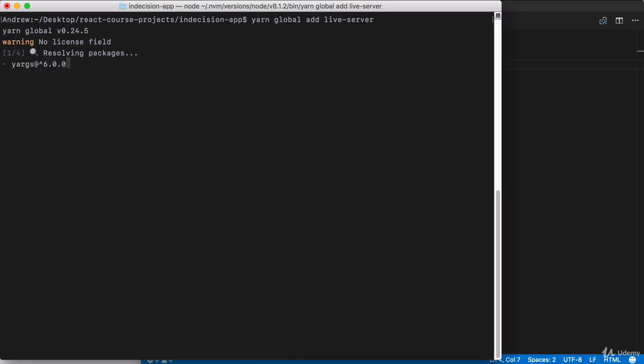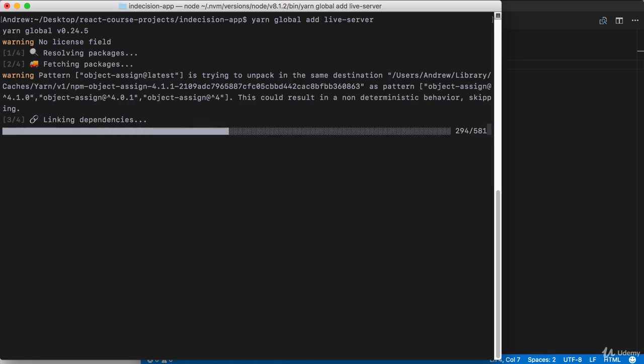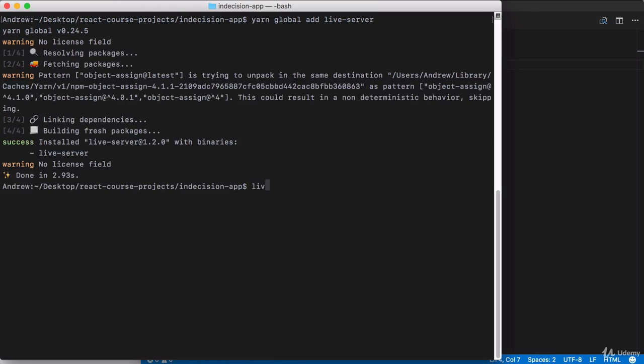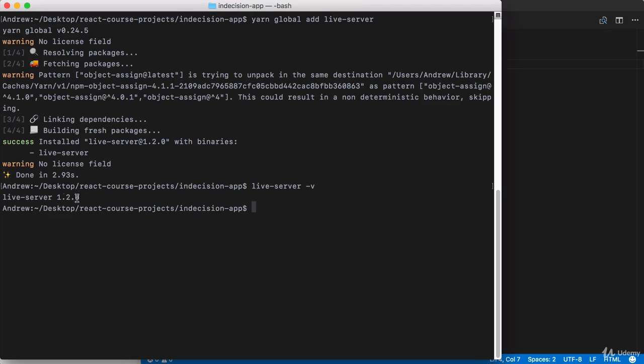We can go ahead and run this command, and that'll give us access to a new command right from the command line. This one is live-server. We can run it with the V flag to make sure it installed correctly. Right here, I have the version installed, Live Server